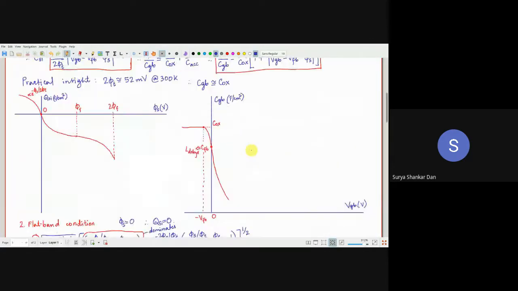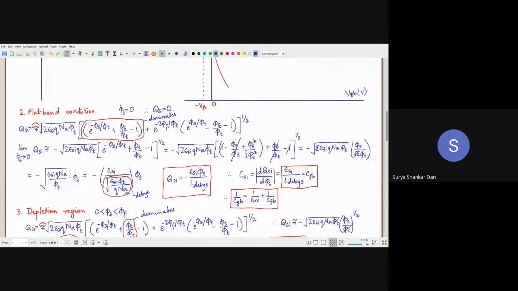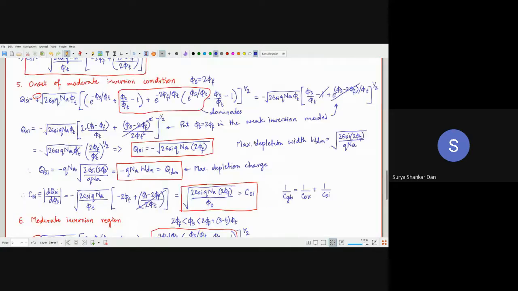So in the equation, what is here? This is going to be your maximum depletion charge. Depletion charge, but here we are speaking about QSI. So beyond that, QSI will increase. But that increase will be because of inversion. That means the electrons in the channel, not because of depletion charges anymore, not because of the immobile ions anymore. But this is going to reflect on the capacitance part. How? Let's go into the mathematics, then we will understand.